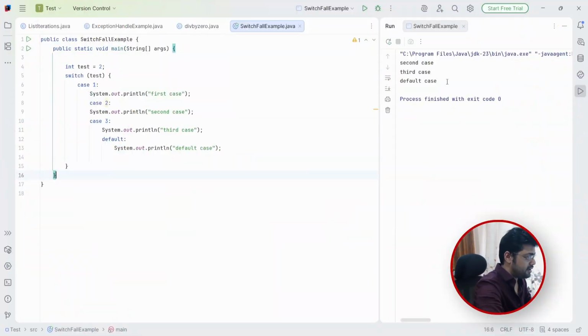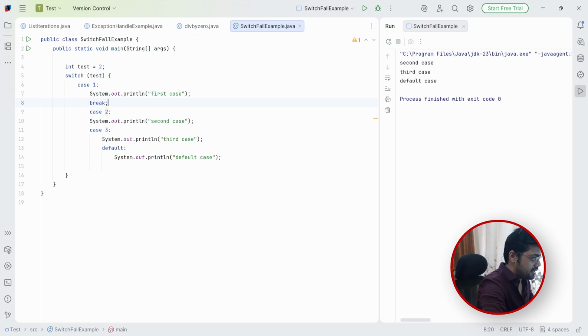In switch fall through, what happens is after a case is satisfied, every other case mentioned after that is also automatically executed unless you break out of that switch statement. And that is why it is very important when you declare your switch statement to put a break keyword after each case. So if we modify this with a break keyword, say here